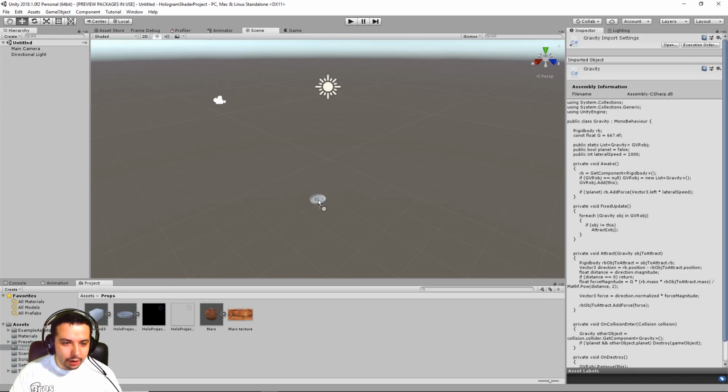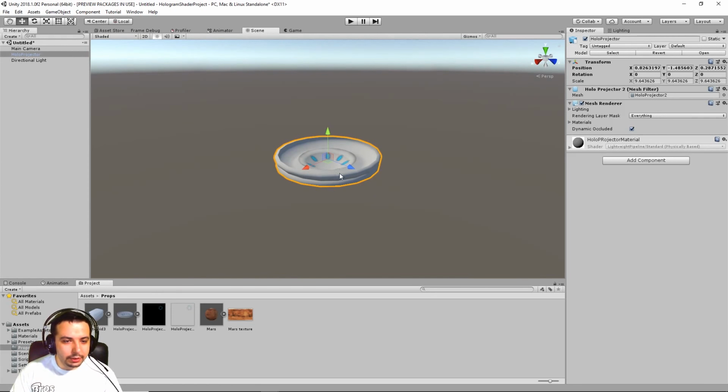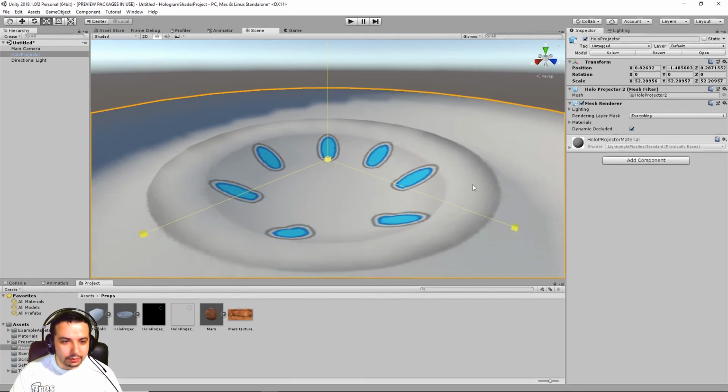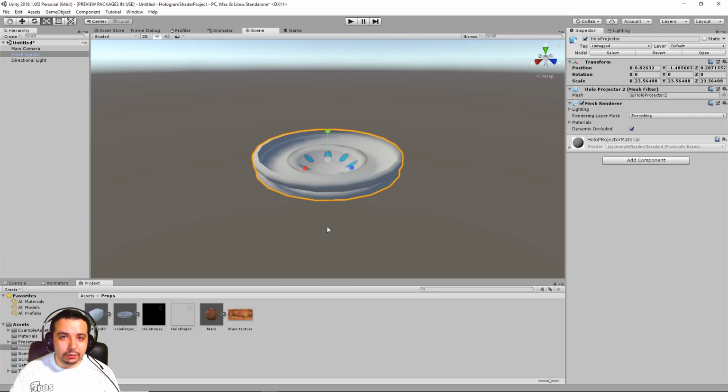Let's put the props in our scene. This would be like a hologram projector. It's not the best one, but it will do for what we need. Also, by the way, you can find all of this in the description down below. I put there a link from where you can download all of those if you want to use them